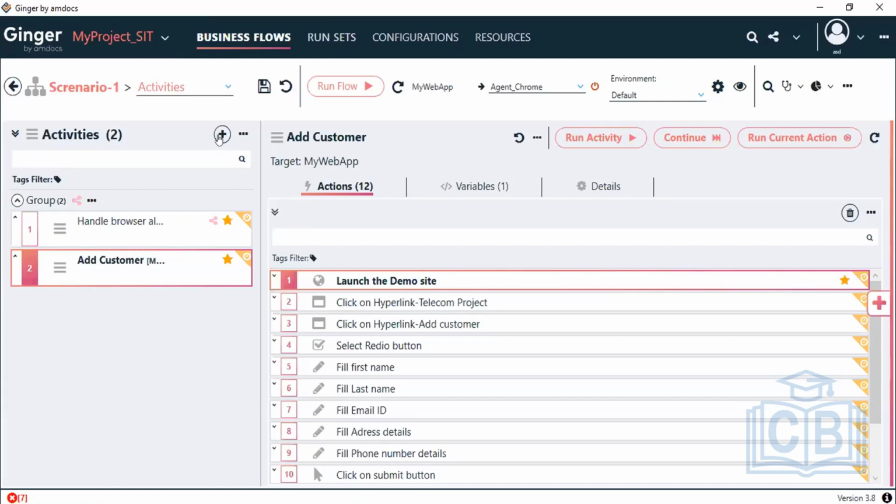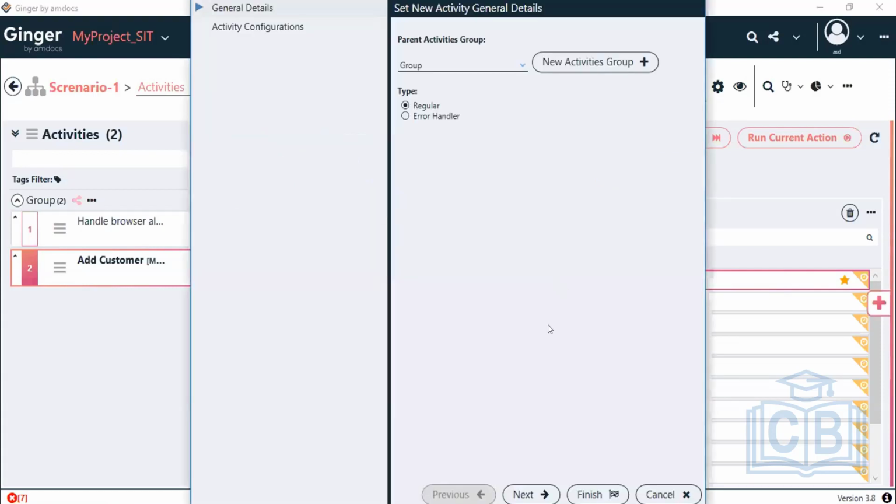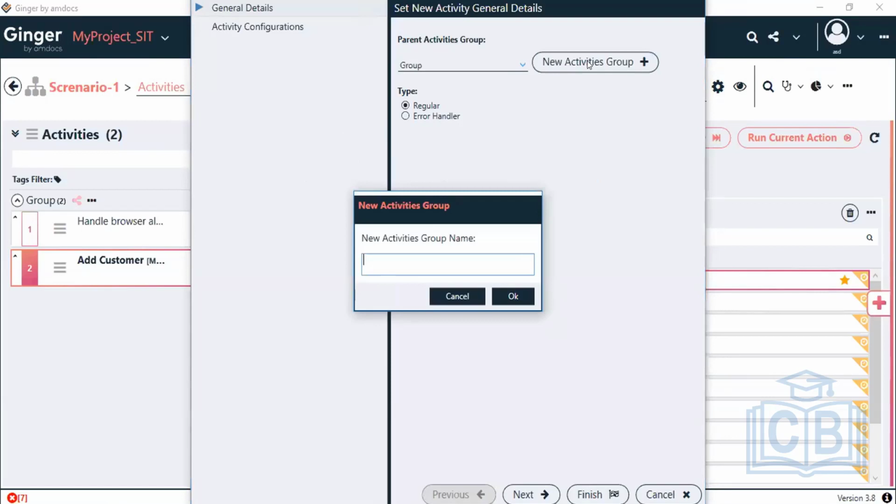When you click on this plus button while adding your activities, you may notice this is the activity group plus button. By default, the group is selected, but if you want to create a new group, you can click on this new activity group. It will ask you for the group name, so I will create one group for